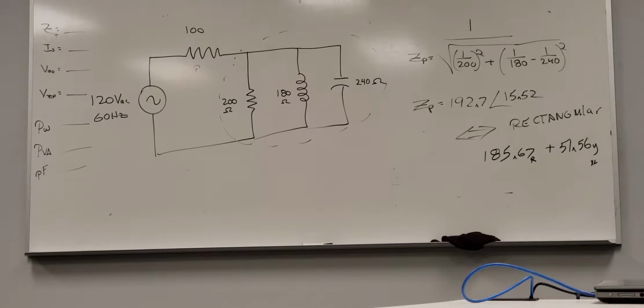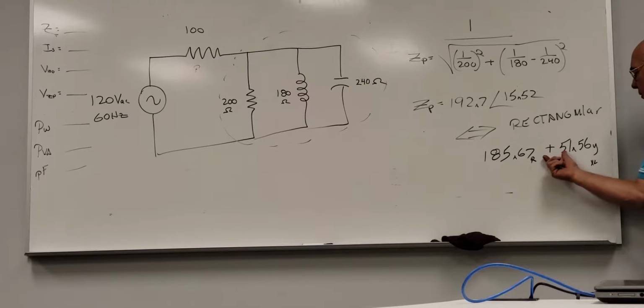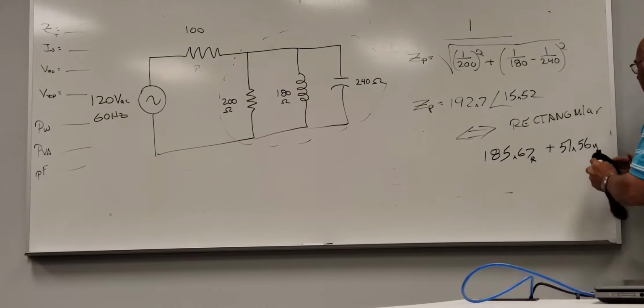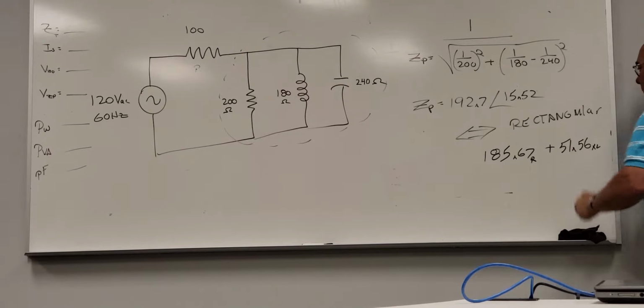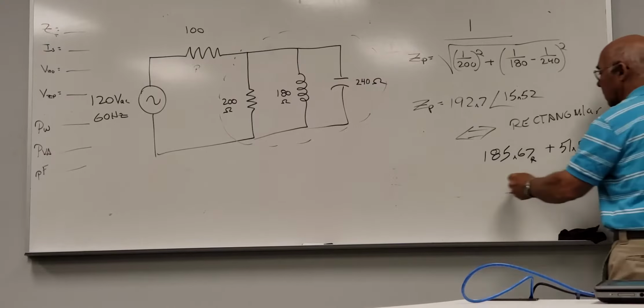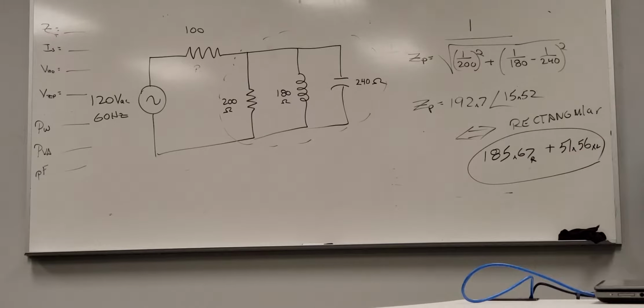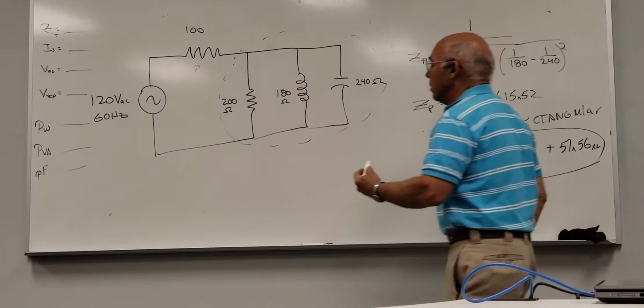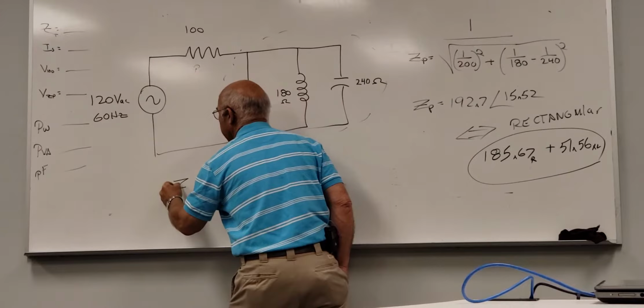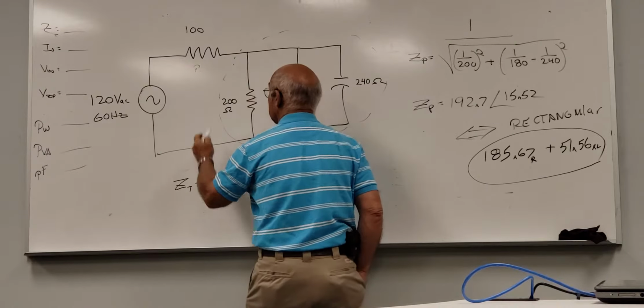But calculator doesn't know what you're dealing with. Calculator calls it X and Y. Alright, but it becomes R, and since it's positive, this is X sub L. Alright, so let's just leave it that way, R and X sub L. Now that's in rectangular. So now it's easy to find the total impedance. Total impedance, simply this R